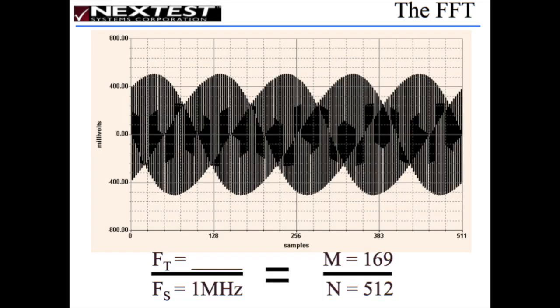Okay, this is getting really interesting looking. Here we have 169 cycles of the wave, and it makes this real undulating weird pattern. Again, that's not real. Don't worry about it. There's no signal there that's making that happen. It's the same signal you've seen all along. It's just higher frequencies. Okay, 1 megahertz times 169 divided by 512 comes out to